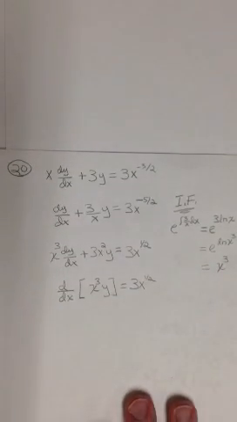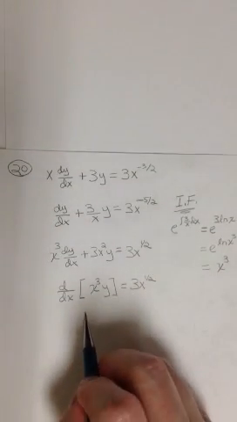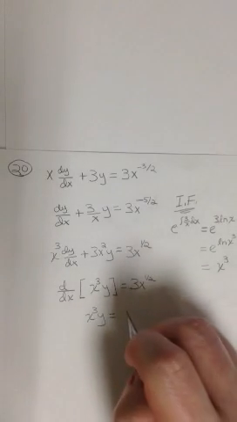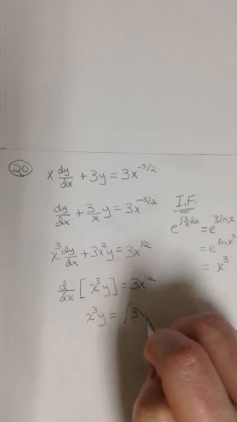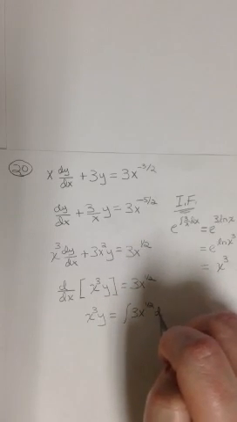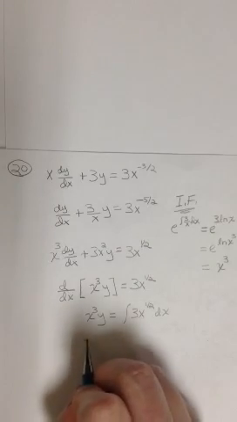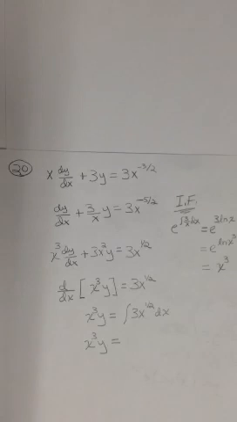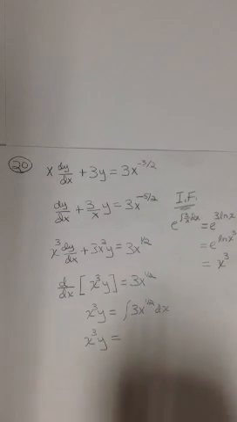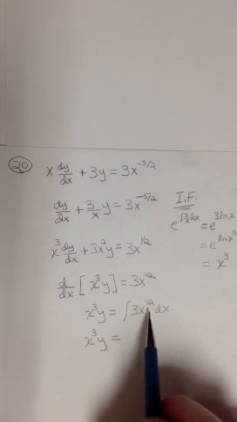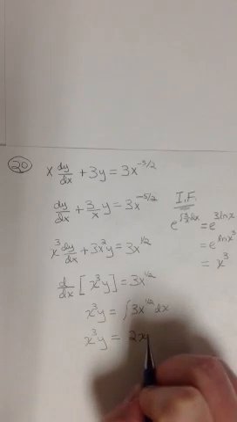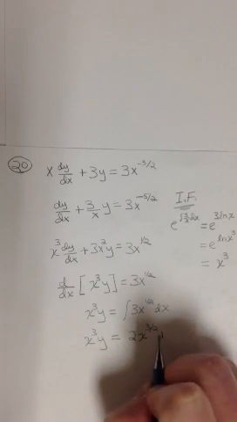As we free up our expression here, we have x cubed y is equal to the integral of 3 times x to the 1/2 dx. Utilizing the power rule, the integral of x to the 1/2 dx will be 2/3 of x to the 3 halves, and as you multiply 2/3 by 3, the antiderivative is going to be 2 times x to the 3 halves